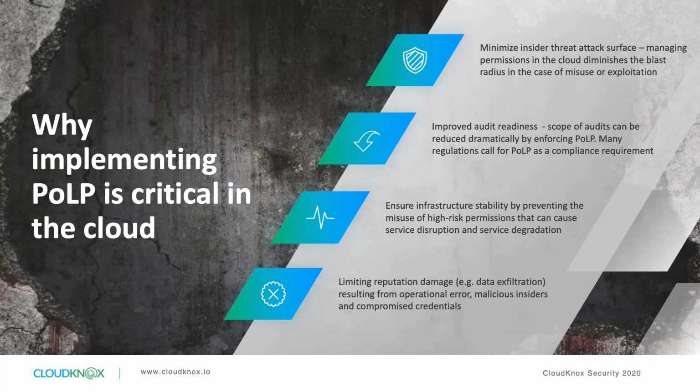In addition to all of that, we also need to consider the stability of the environment. We want to avoid accidental or intentional disruptions. If somebody has vast access to the entire environment, such as a developer, could they accidentally disable a portion of the infrastructure or take the entire infrastructure down by accident? Or if it was an insider threat, that same risk could also occur. And so again, right-sizing the environment and implementing least privilege and embracing this principle becomes increasingly important over time.